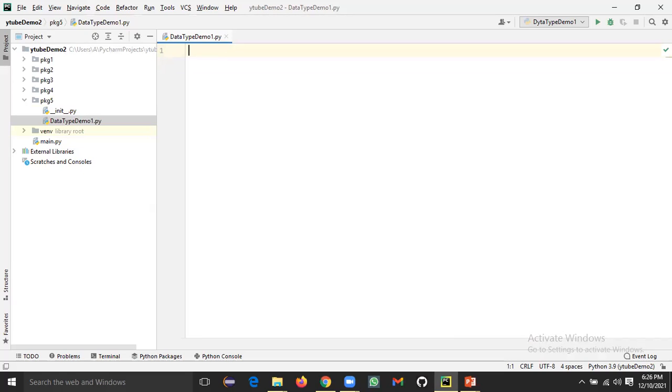So in Java, what we used to do, we used to declare a variable with a keyword like int i equal to, let's say, 10. So this was a variable declaration. This was the data type, this was the name of the variable, and this was the value of the variable. But in Python, this is very interesting. We don't need to mention the data type here. So declare variable without data type. Here this hash means I'm adding a comment to the Python code, which will not be considered